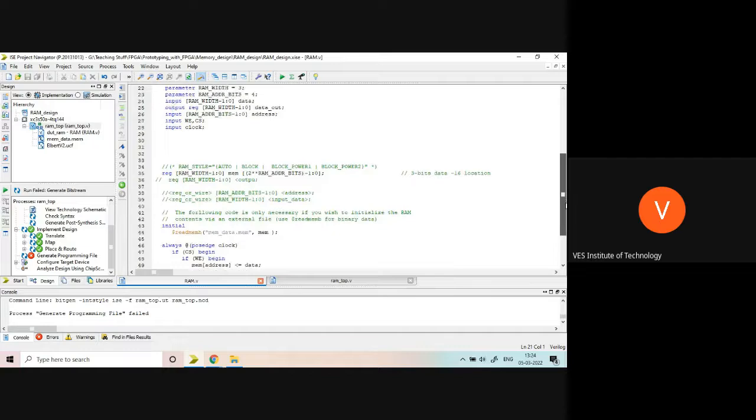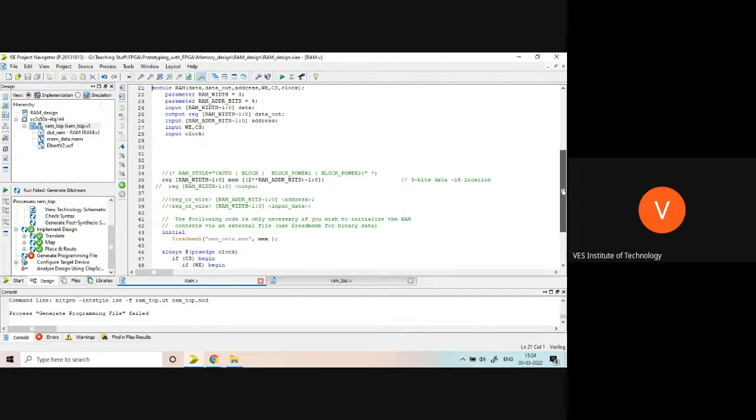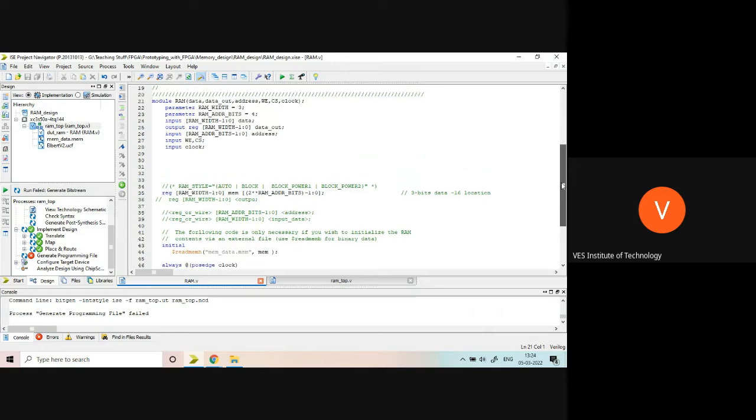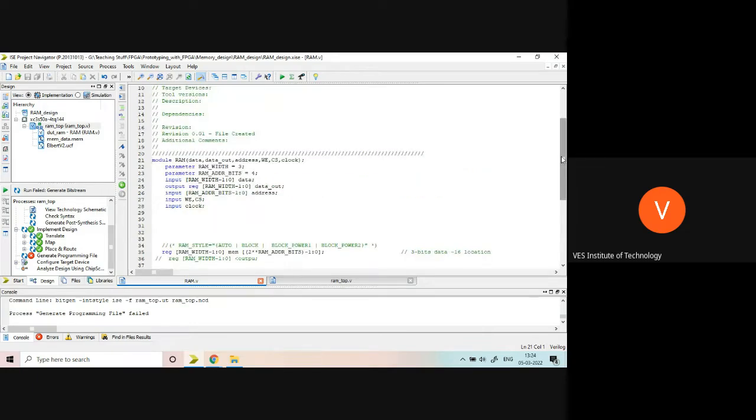Okay, let's see what error has been made. The data name I have written, the v2 file is written. I already tested it. Let me check.